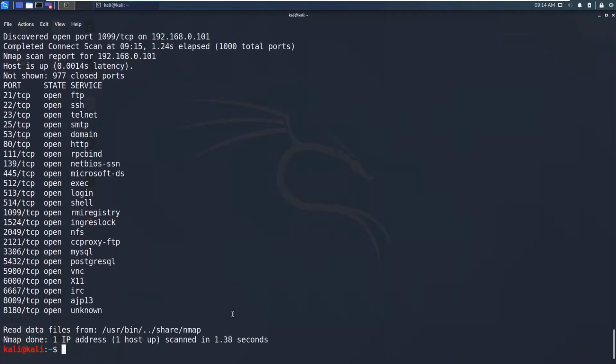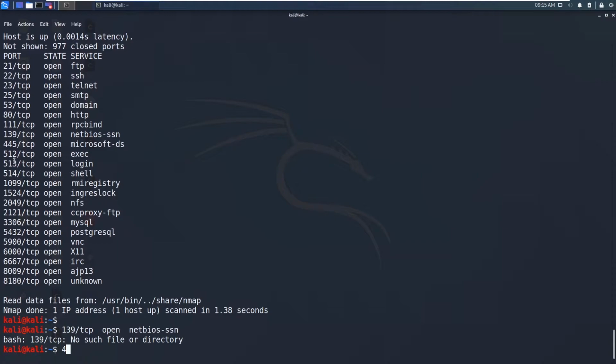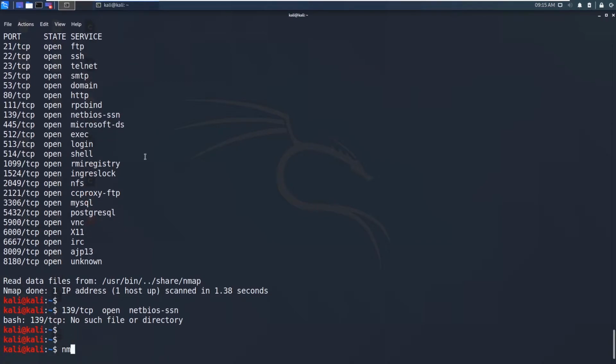This Metasploitable 2 contains so many open ports. As you can see, it's made vulnerable on all these ports, and the SMB service runs on two ports based on the server, that is 139 and 445. These two ports can be used for the SMB service. You can see there are two services running, NetBIOS SSN and Microsoft DS. So these are the SMB services, and let me scan only these two ports. I'm giving the -p option followed by 139,445. So we are concentrating only on these two ports in this video.